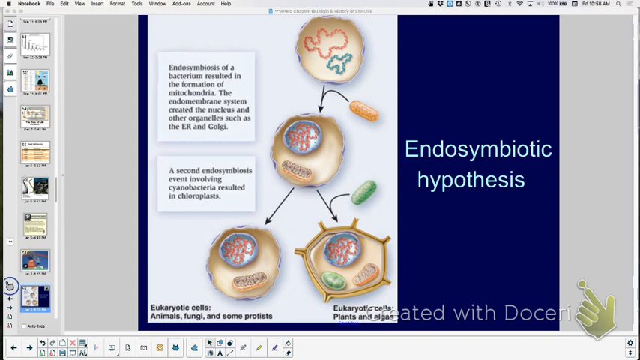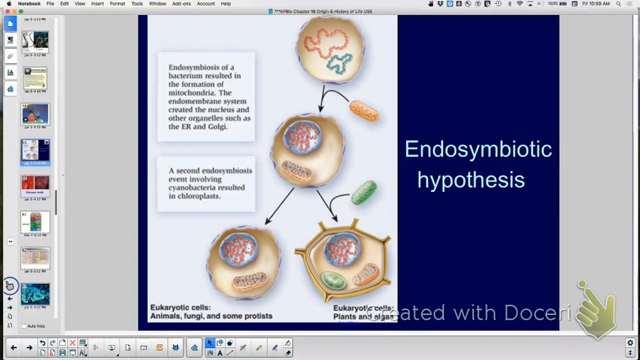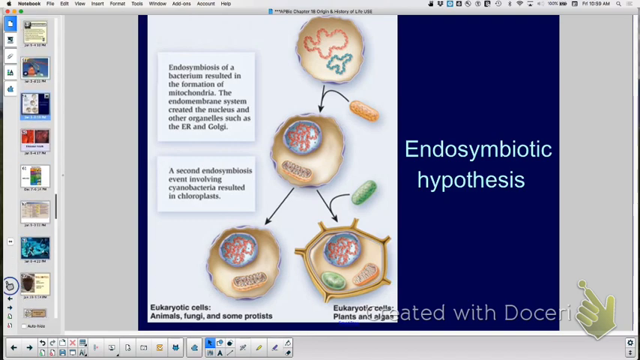Okay. And then they are self-replicating. They would divide by what? Binary fission. You're so smart, binary fission. They have two membranes. The outer membrane is like a eukaryote. And that would make sense because if it engulfed it, right, that would be the outer membrane. And then the inner is like the prokaryotes. All right,